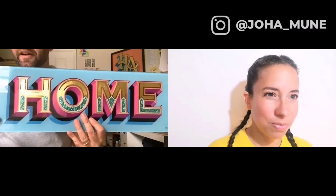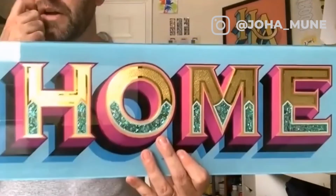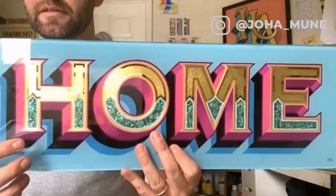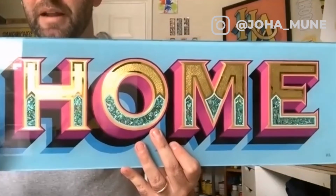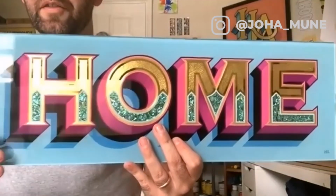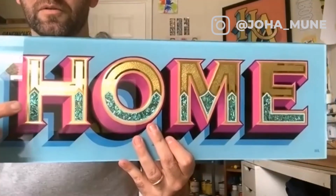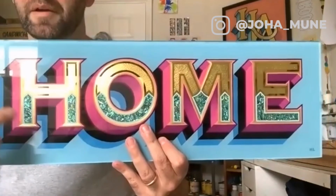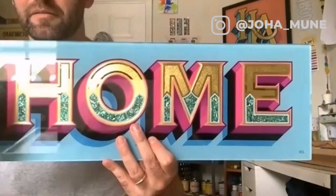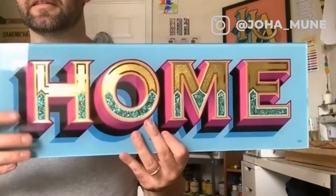So with this sign, I was saying how I normally do the gold first and then I paint around it. This one, I've actually done the paint first. I painted all the outlines first, did the blending, did the background. Then after that I added all the gold, which I don't normally do. So I've applied the gold just to the gap, then painted some backup in there, and then removed bits and added more. It's a complicated one, but I think it's come out quite nicely